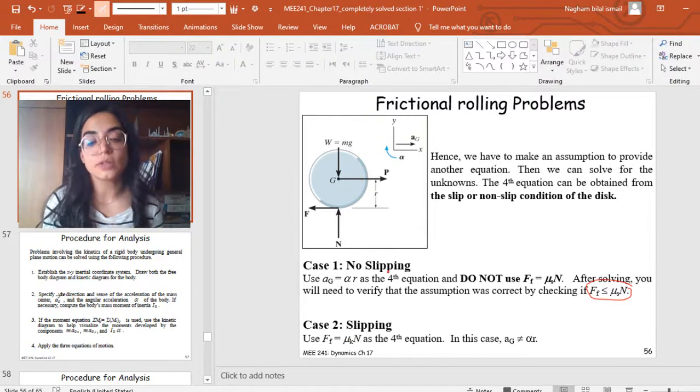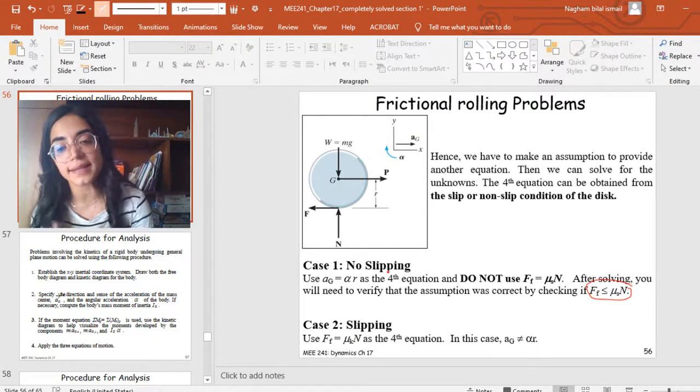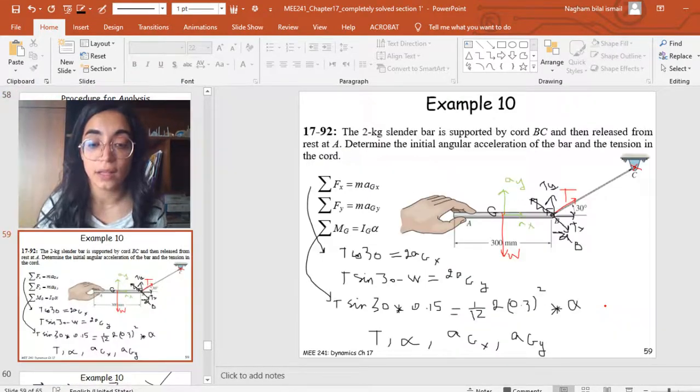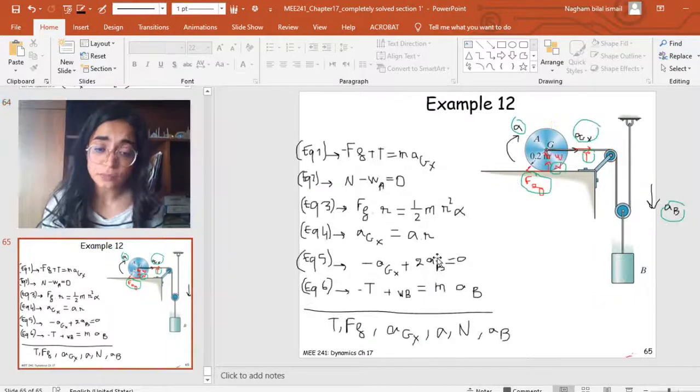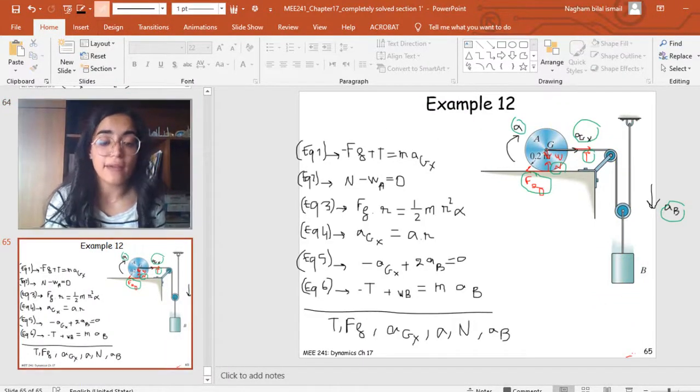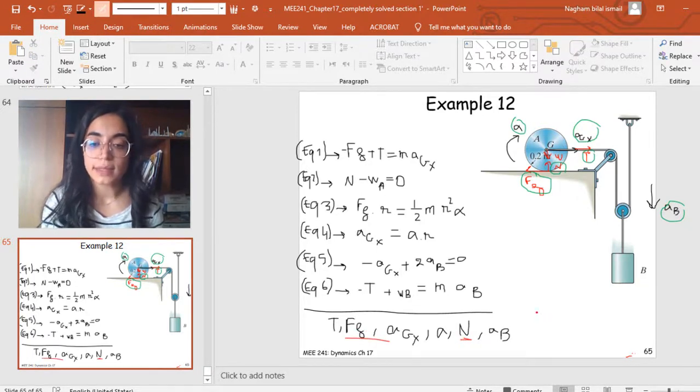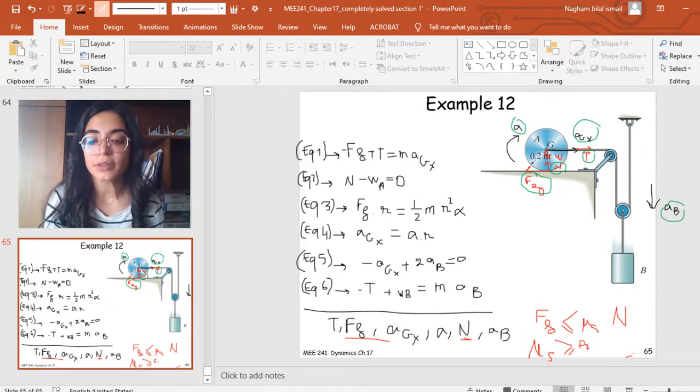So guys, let's go back to the no slipping condition. I am saying, guys, that I need to verify the assumption that F friction is less than mu s times N, which means, guys, I can find mu s. So whenever I know Ff and N, I can use the verification that Ff should be less than or equal to mu static times N, and this means that mu s, guys, should be greater or equal to what? To Ff over N so that I can find the minimum value. So I can find the value of this ratio of F over N, and then I can find this value, and this will be the minimum value for mu s,